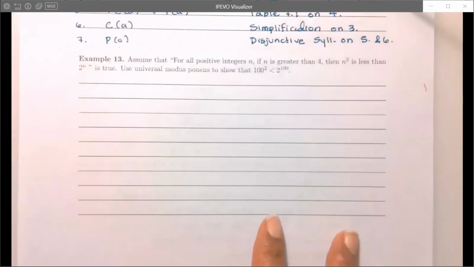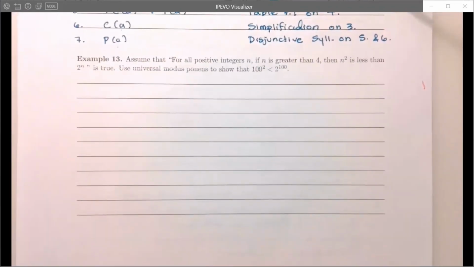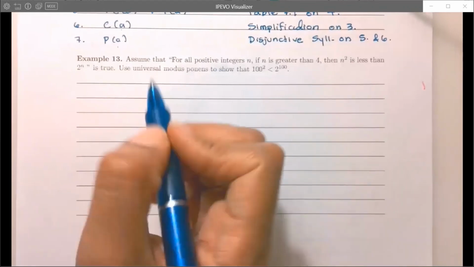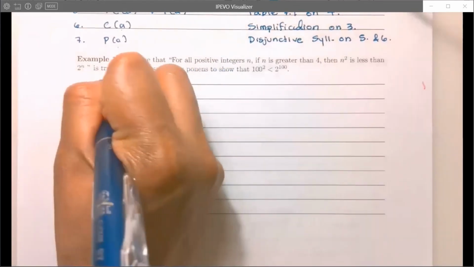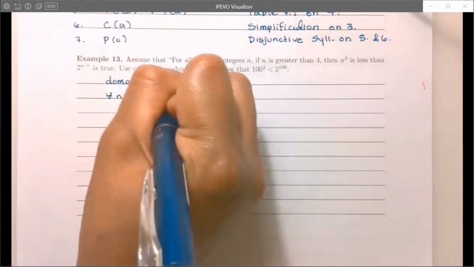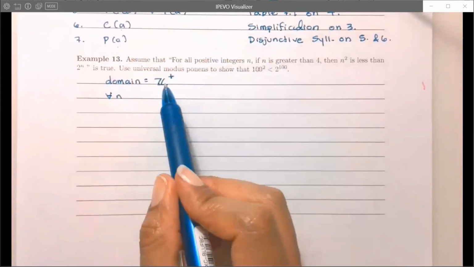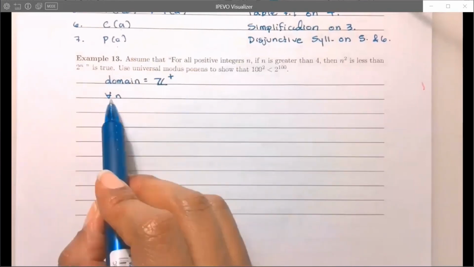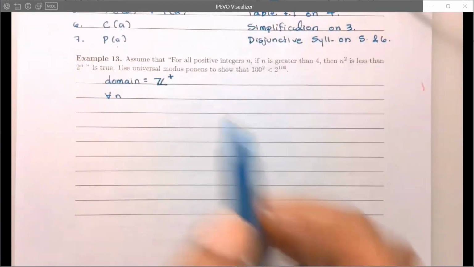Okay, last example. Assume that for all positive integers n, if n is greater than 4, then n squared is less than 2 to the n is true. Use universal modus ponens to show that 100 squared is less than 2 to the 100. Okay, so let's first write this in variables and quantifiers. So for all positive integers n, I'm going to say for all n, and my domain here is going to be positive integers. The way that is sometimes expressed in math textbooks is the bold Z and then the plus sign to signify positive integers. Okay, so for every positive integer n, if n is greater than 4,